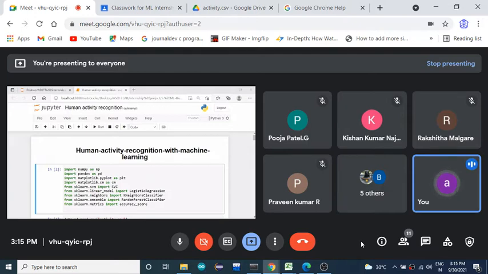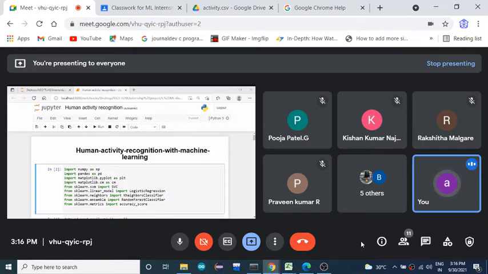Okay, so within that folder save the file which you have downloaded, .csv, activity.csv. Okay, so save that file in that folder, human activity. So then open Jupyter Notebook, then navigate to your folder human activity, and from that open a new notebook. Okay, so then afterwards what should you all need to do, I'll tell you.